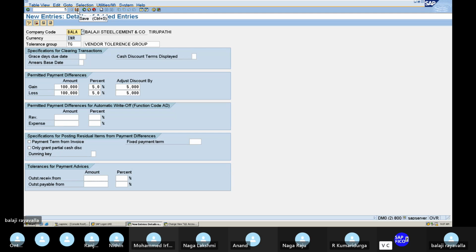We don't use any specifications. We just do the configurations. You got my point? We don't use any specification. We just do the configurations. If you have standard things, we just assign the fixed payment term. We just assign the